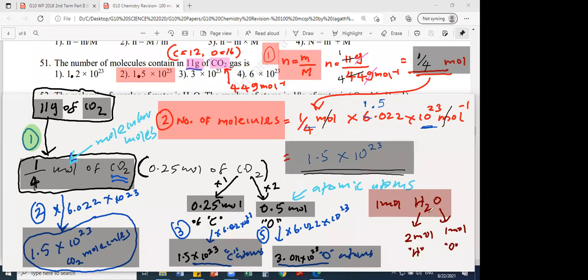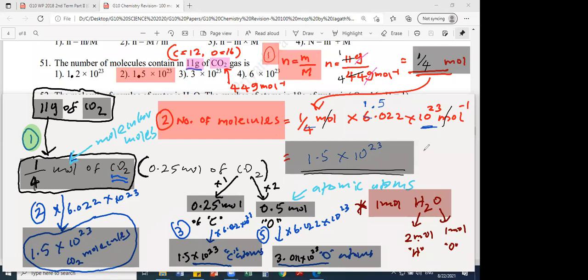Now imagine I want to find hydrogen atoms in 1 mole of water. I'm repeating, look at this. I'll put a star here. If I want to find the hydrogen atoms in 1 mole of water, should I multiply the Avogadro constant by 1 or 2? By 2, because hydrogen atomic moles are 2 in 1 mole of water. So if you take 1 mole of humans, how many moles of hand? 2 moles of hands. But if you take 1 man, 2 hands.